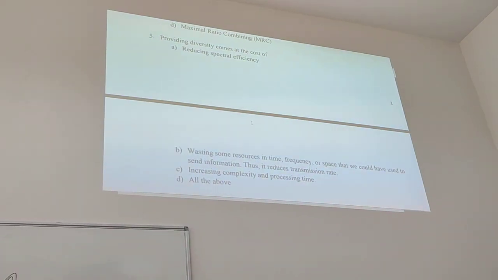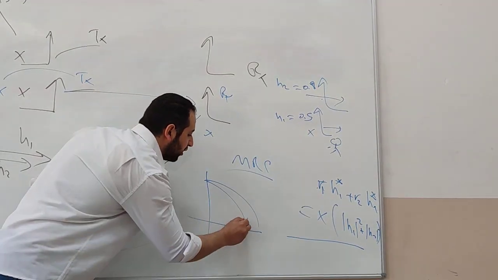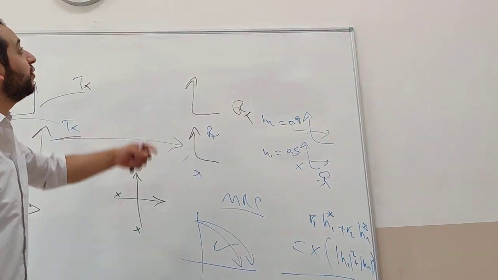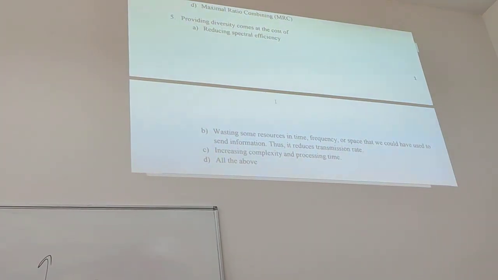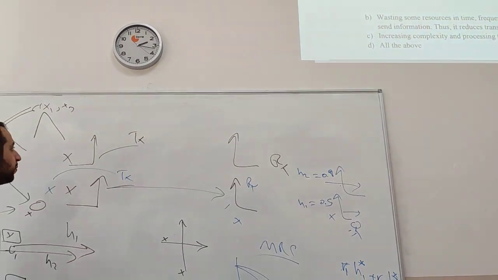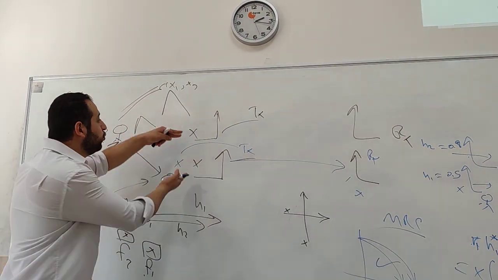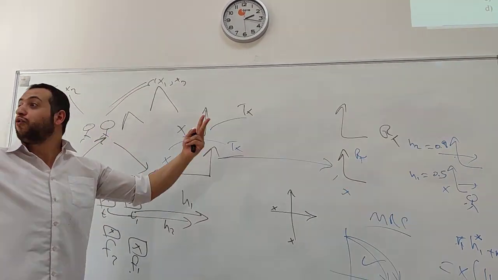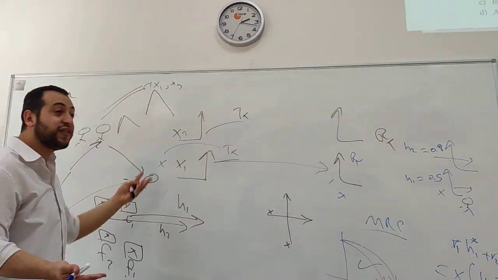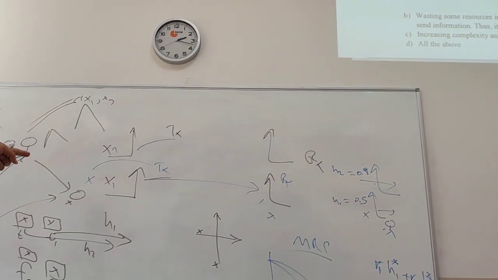Yes, diversity is great, it improves my bit error rate. Instead of getting a bit error rate something like this, I'm getting a bit error rate something like this, which is much better. I can decode my signal at a lower signal to noise ratio. But what's the price that I pay to get this gain? I reduce the spectral efficiency. Why? Because if I have two antennas and I'm sending the same signal from two antennas, I could use these two antennas to send two independent symbols, x1 and x2. But since you are utilizing them for providing diversity, you are not able to utilize them to increase your data rate. And this is one disadvantage.